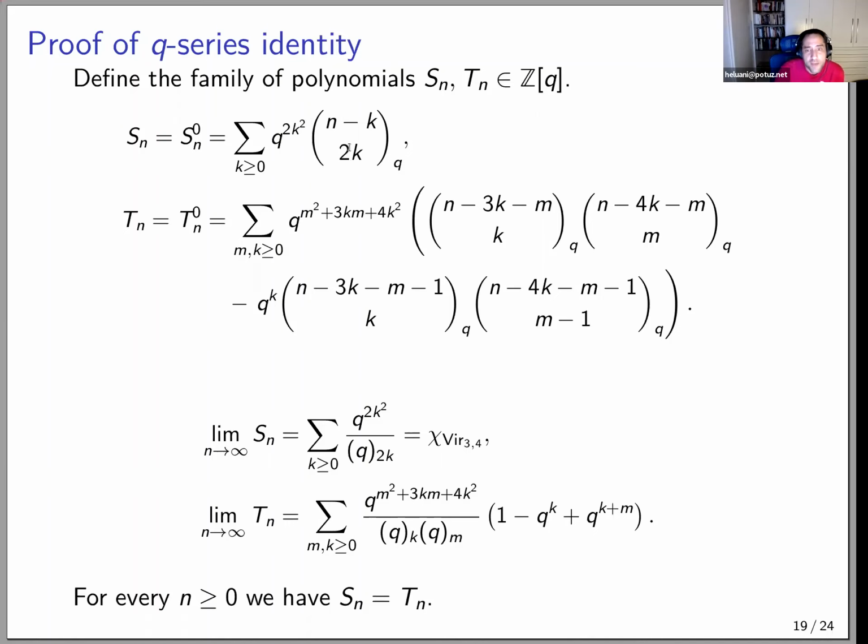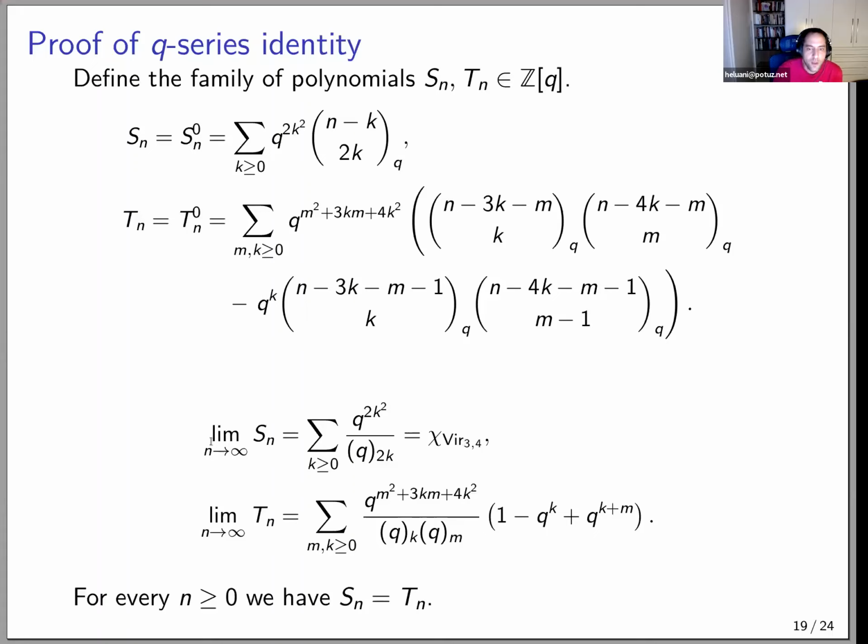But as n goes to infinity, remember, this is a quantum number with n minus k, as n goes to infinity, this goes to q sub infinity. And then you're dividing by the quantum number also with an n, so that cancels the q infinity. And you end up having this q to k, q to the 2k squared. So it's very simple that the limit as n goes to infinity of this Sn goes to one side, which